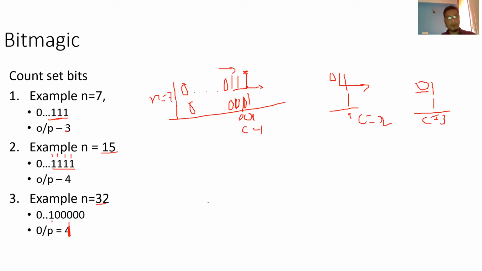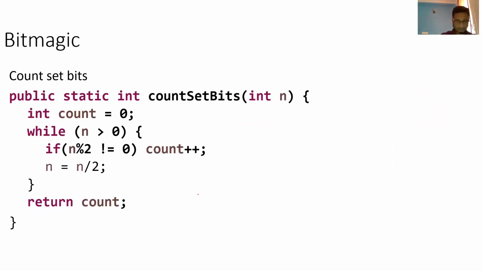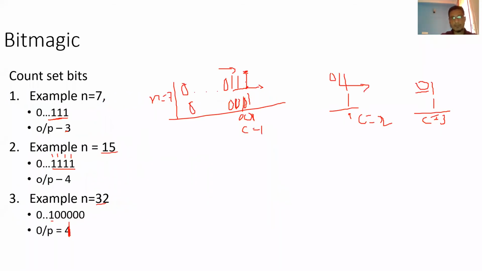If you write a program, what I am doing is a naive approach without using bitwise operators. So what I am doing is a mod of 2. Basically, I am trying to check only the last bit, whether this number is even or odd. Any odd number will have the last bit set, and any even number will have the last bit set to 0.